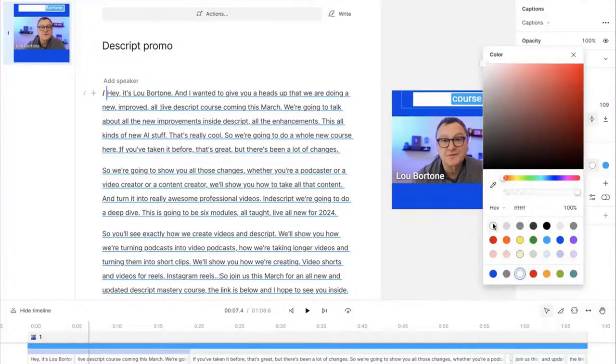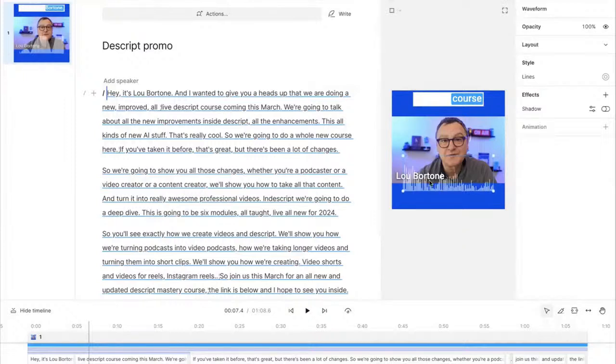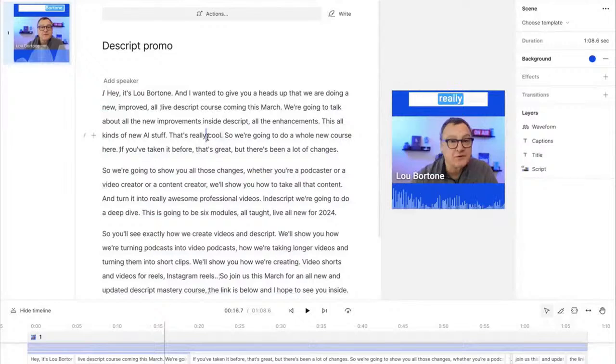You can see here where you can really tweak every little bit and piece. And then down here, I've got this space. I could put a logo in. In this case, I think what I'll do is I'll go here to the shapes and add a waveform. The waveform just shows where the audio is coming in and out. And again, I can lower that, so that if somebody's watching it with the sound off,